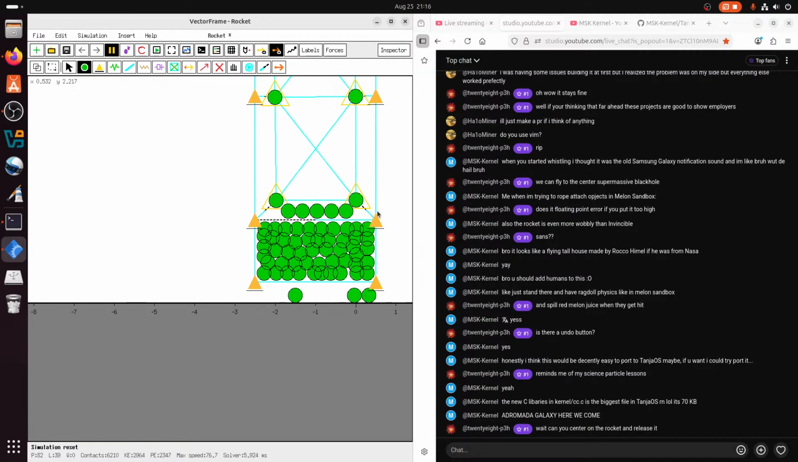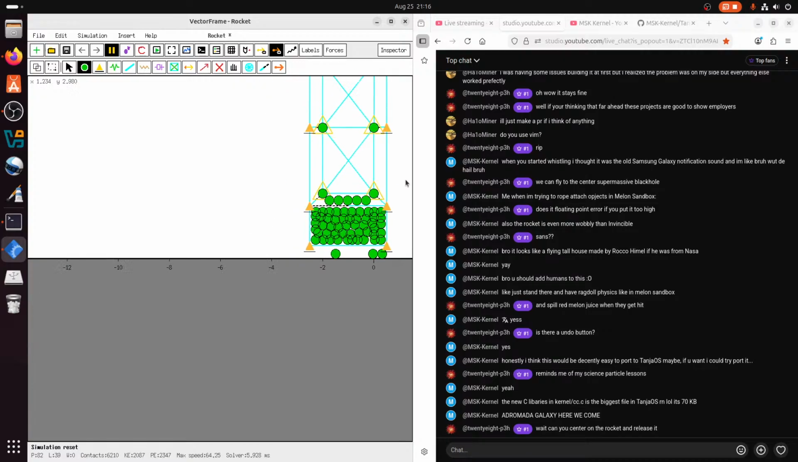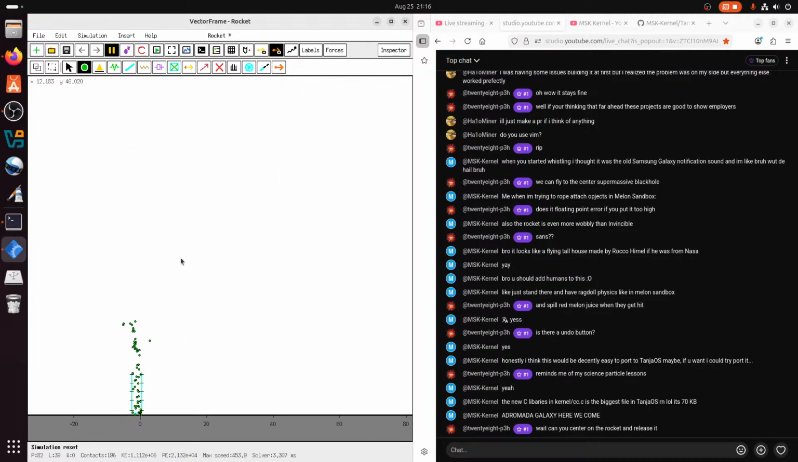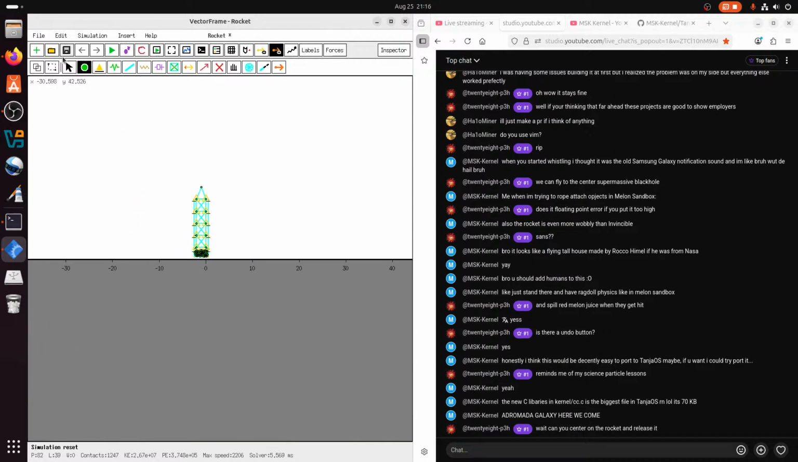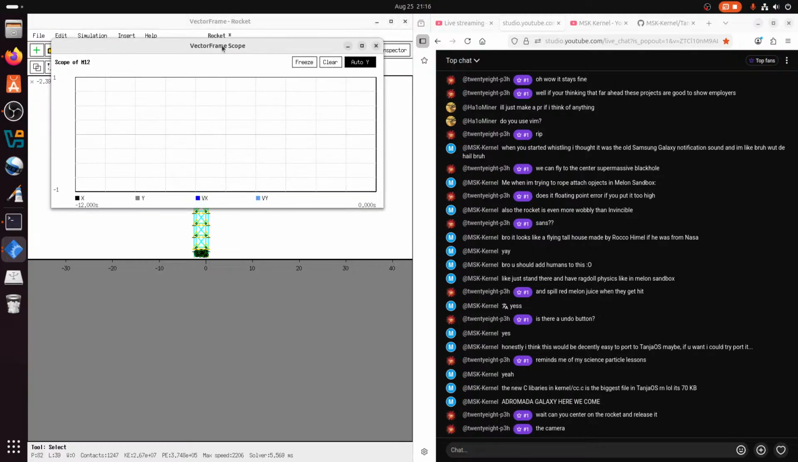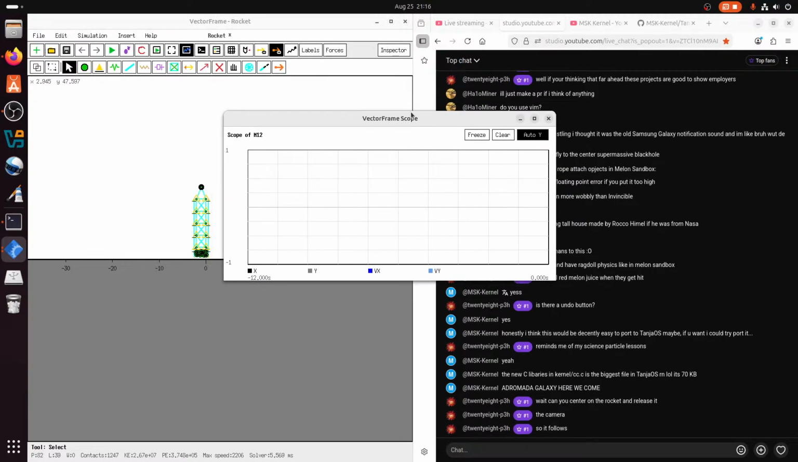Can I center what on the rocket? Do you want to know? Wait, hold on a second. There's an oscilloscope and a Neo in vector frame. If you get a scope and you do